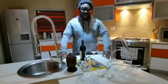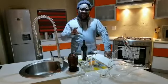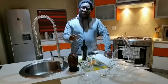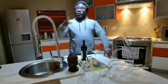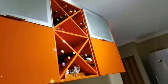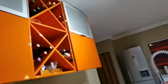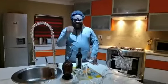Yes, farmers and producers and cultivators have done very well to try and remove as much water as possible from the grapes and from the wine, but it depends on how you store your wine. Traditionally, we store our wines in cellars. This is not a cellar, this is a wine rack. We store our wines in a horizontal way. So for people who have wine cellars and store their wines in a traditional horizontal way, it is advisable